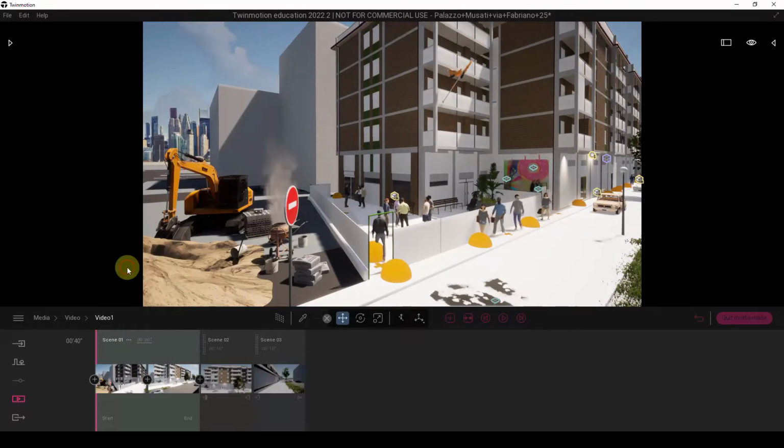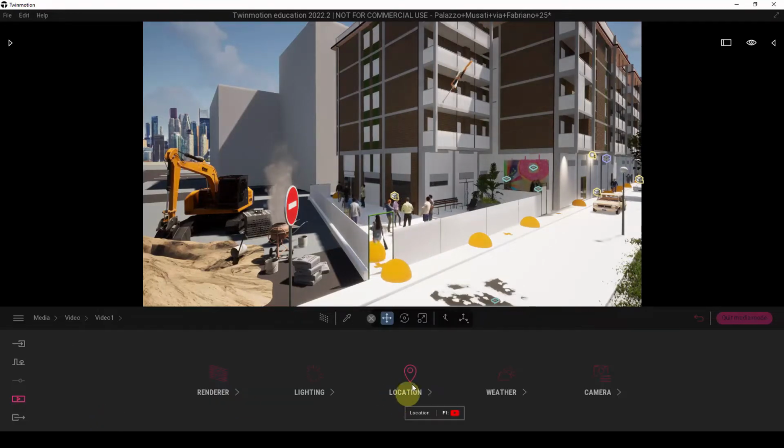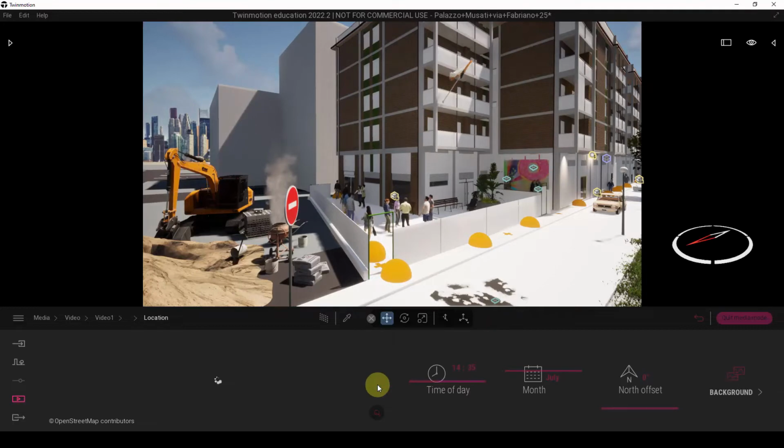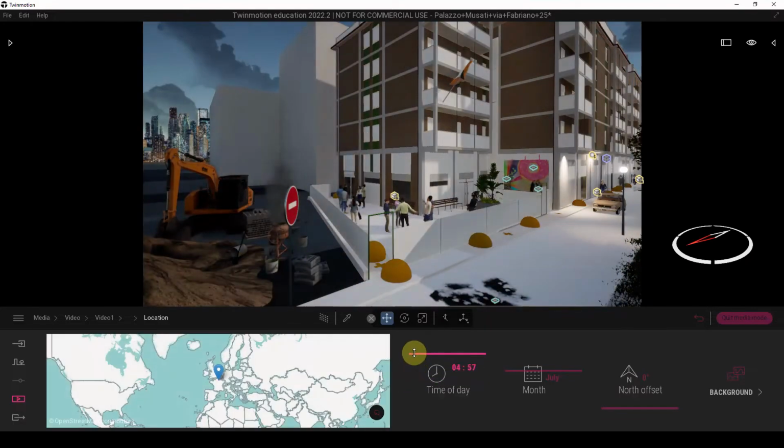So once we click on this, we will be able to see that there will be a start and the end here. The buttons will now appear. So what we can do is we will be able to click on the start button here, and we can go to location and change the time of day. So I'm just going to change this one to, say,